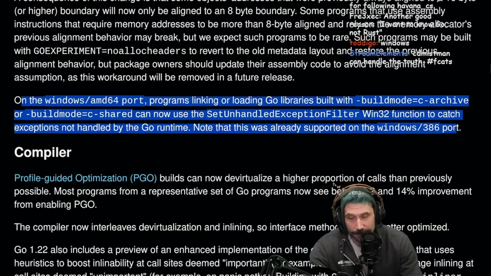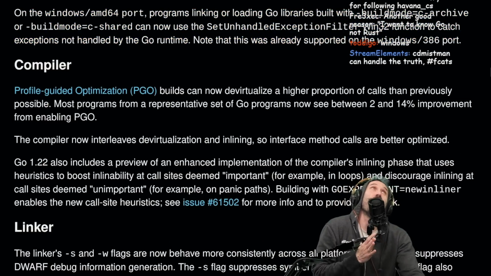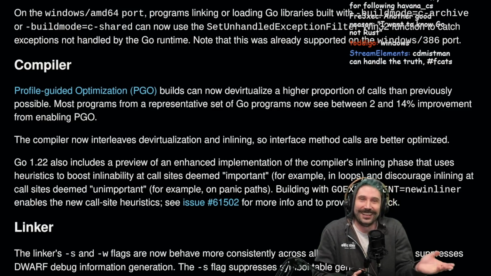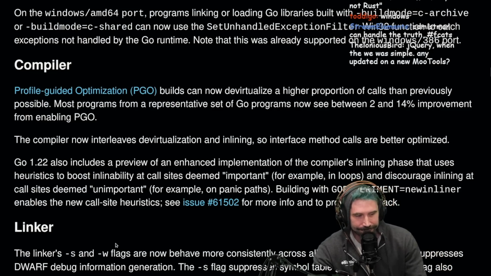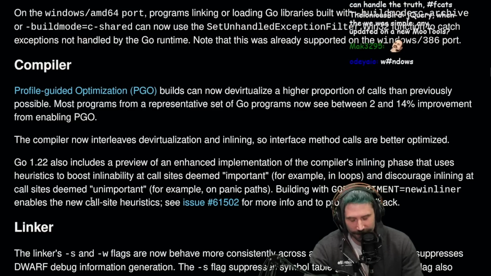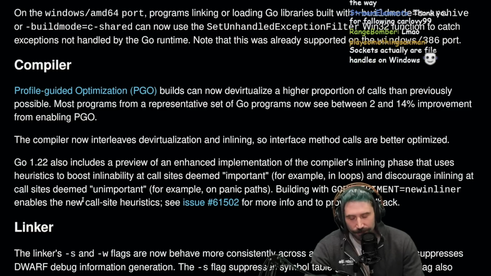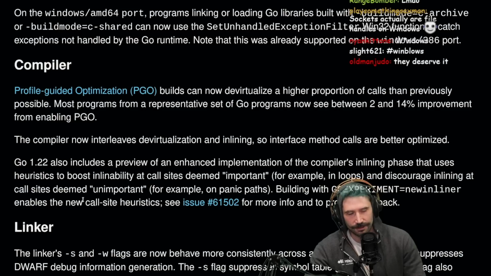Well, I know nothing about Windows. I don't work on Windows. Dude, sockets aren't even file handles on Windows. What losers. What are you supposed to do with that? I don't even know what to do with that. Sorry, I like to make fun of... You shouldn't make fun of Windows users, okay? Because you're already a loser, and so it's just rude to kick them while they're down. You know what I mean? So we shouldn't do that.